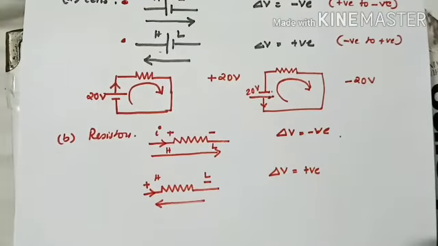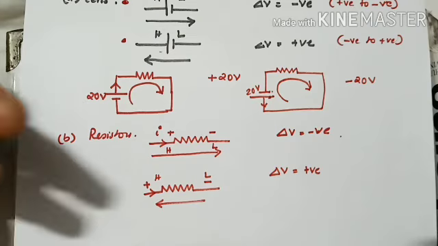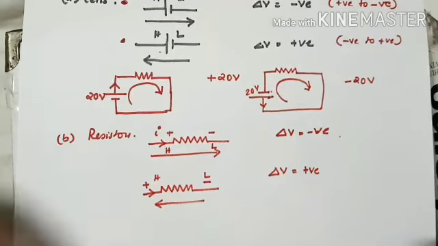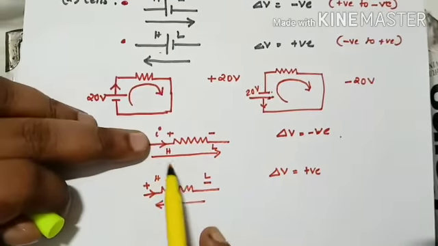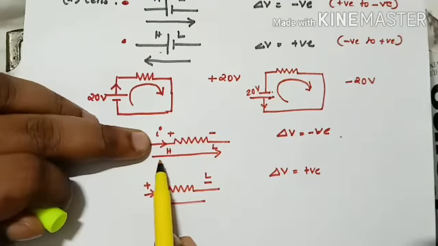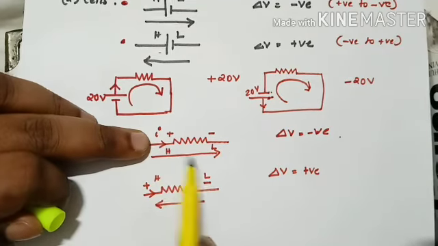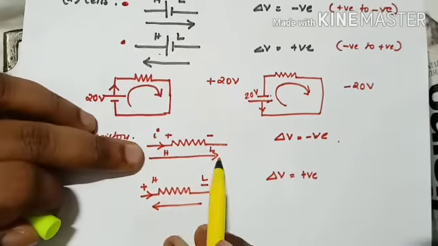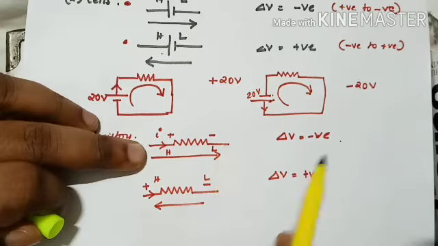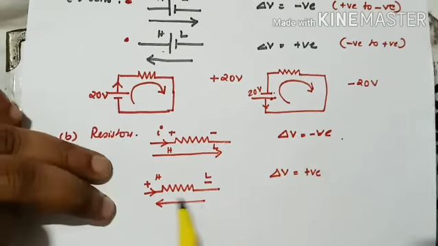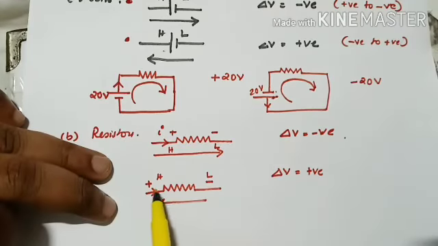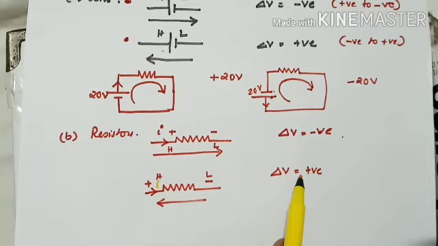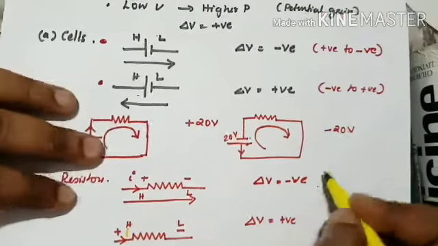While doing the circuit, you cannot just find, oh, this is H and this is L, etc. It cannot be marked that way, right? We'll find a short trick for it. That is, if the current is flowing in this direction and the path I am going to move is also in the same direction as that of the current, then the potential is negative. Let's repeat it. If I am moving in the same path as that of the current flow inside the resistor, then the potential is negative. But if I am going to move in the opposite direction of the current in the resistor, then the potential is positive. Clear?